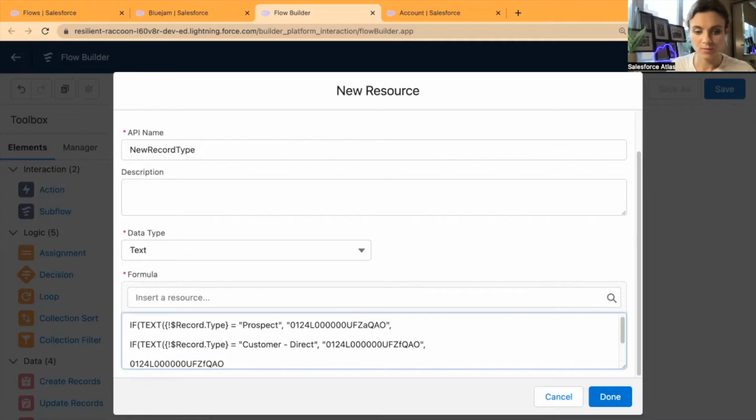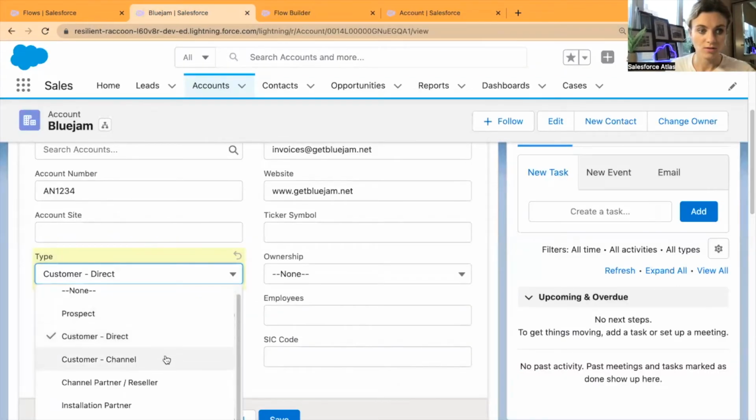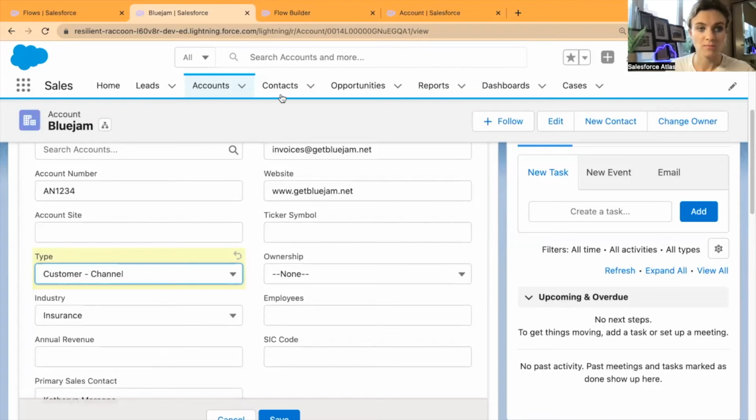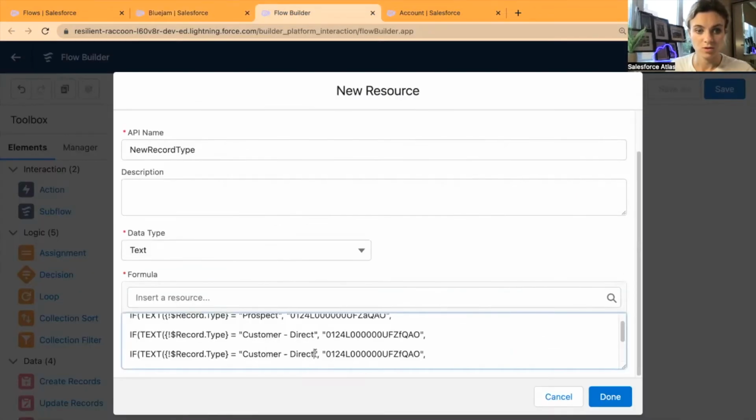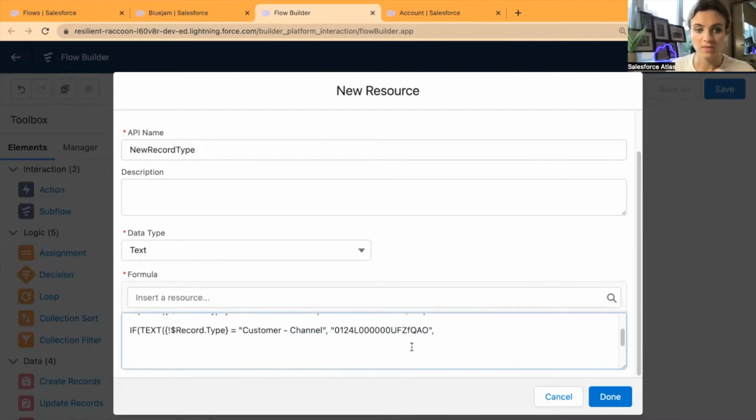And again, and another one, the last one, I'm going to copy paste it. And again, change this. Customer type will be customer channel, and just delete this direct and change it to channel. And I'm going to keep the same record type as it is part of our customer record type. And then if it is neither of them, then I would like to just leave it as it is, and